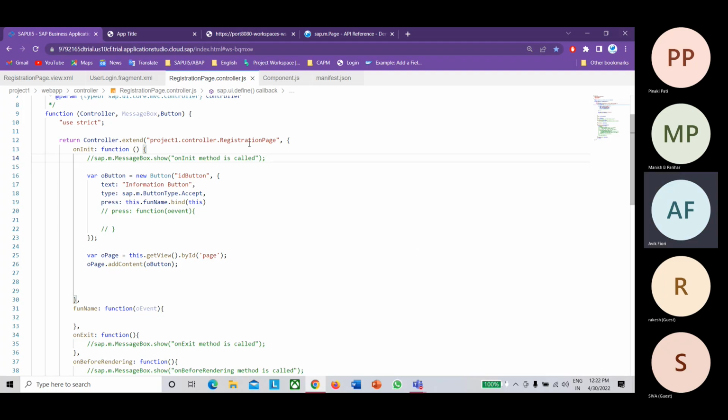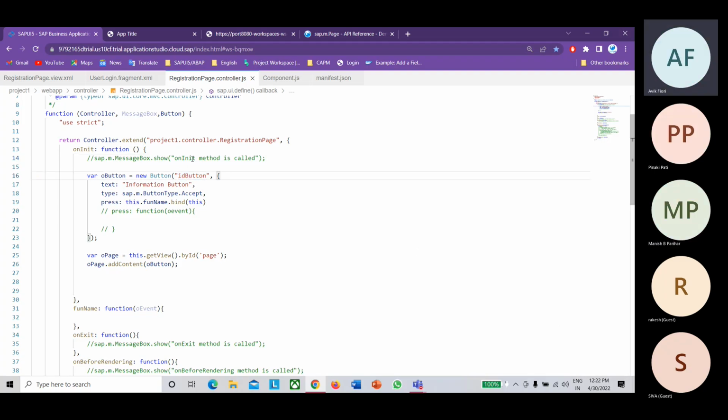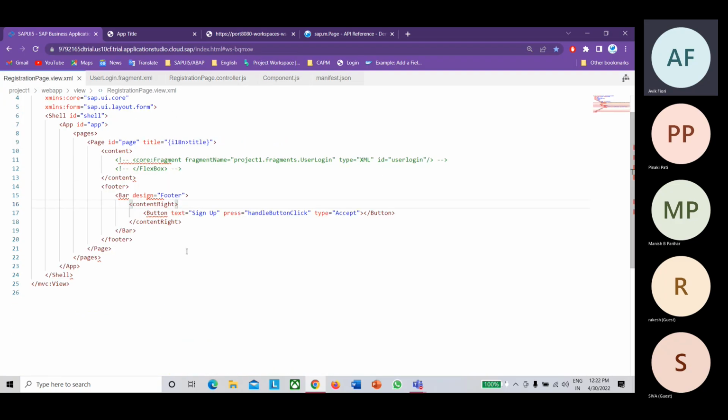If you want to add that logic, you need to get the ID of this button, and after that you can write it. But again, it will make the process more complex. If those controls are directly available in the XML, it would be easy.